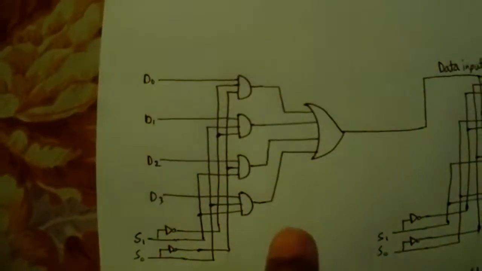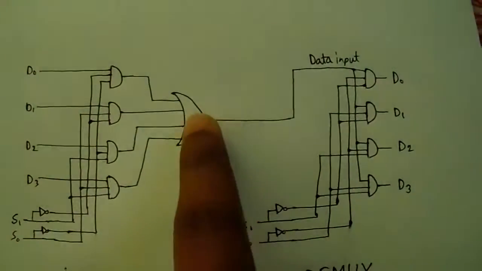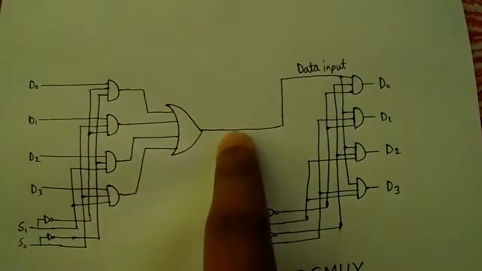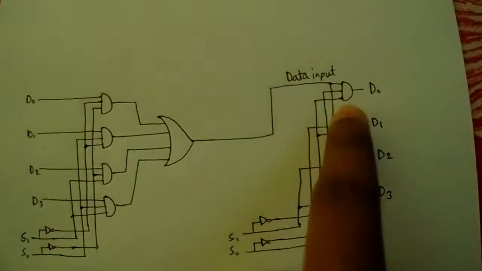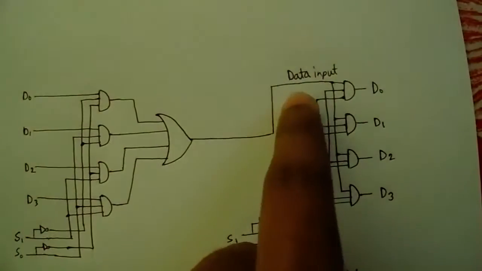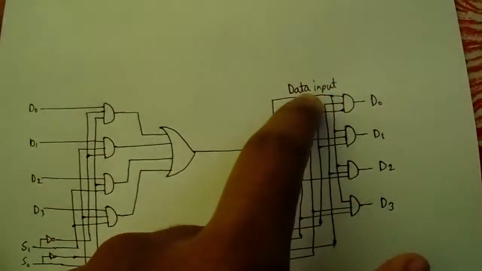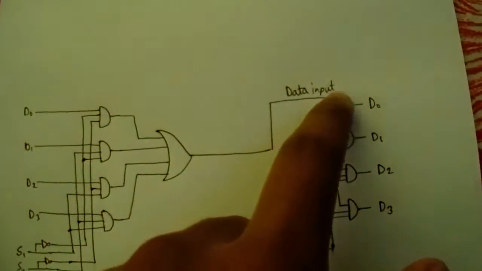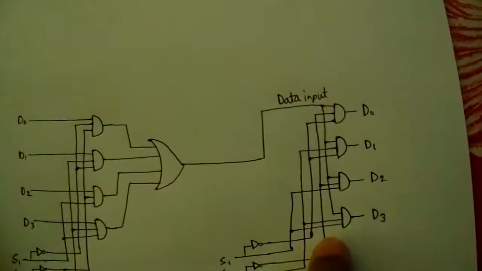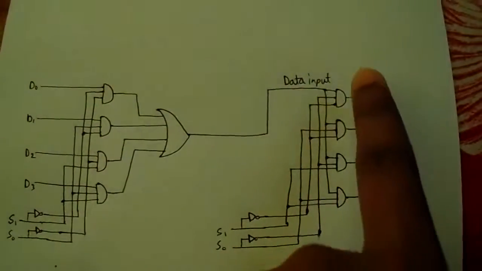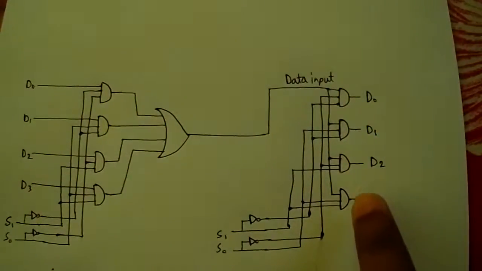And you can see here that the data passed as output will be input in the demask, and there is a shorted path that will give the data as input to every AND gate,